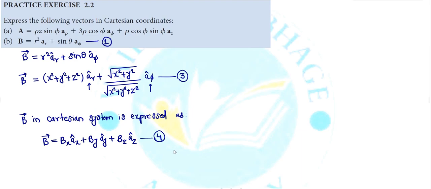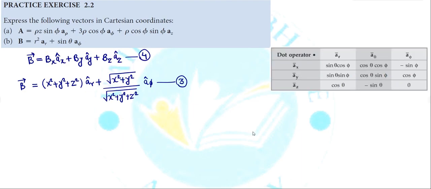Now we are going to make use of the vector transformation table in order to convert that vector into its Cartesian form. Okay, so here in this case we are going to make use of equation 3 and 4. So if you are going to compare equation 3 and 4, so what is that bx that we have over here? So bx is nothing but that will be your given vector. Okay, so I'm going to write it for you. So bx component will be what now? Your given vector b having component along